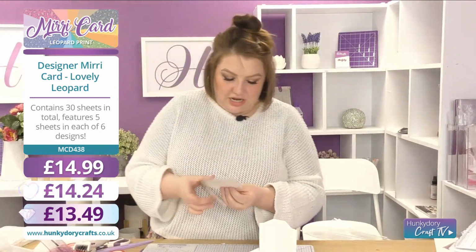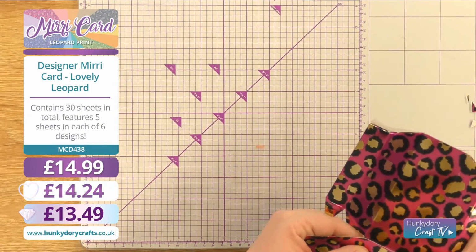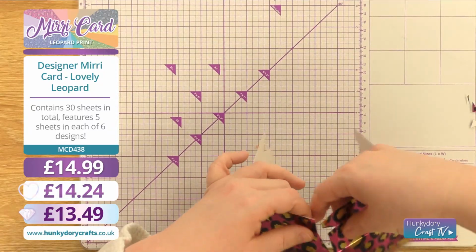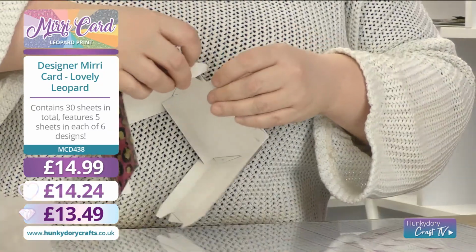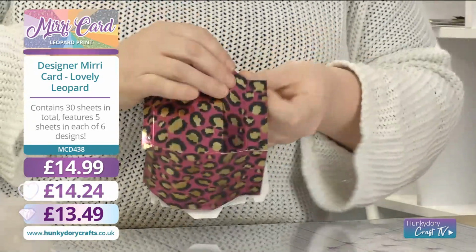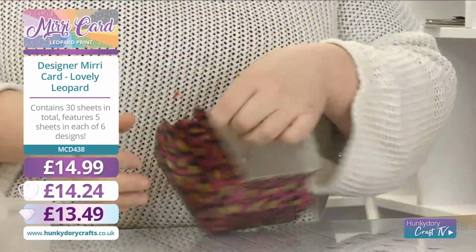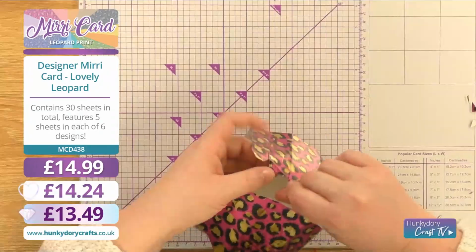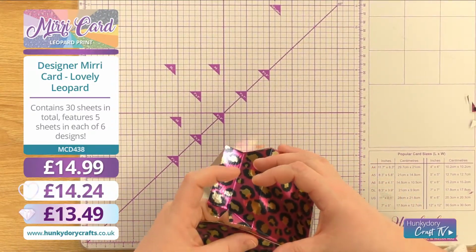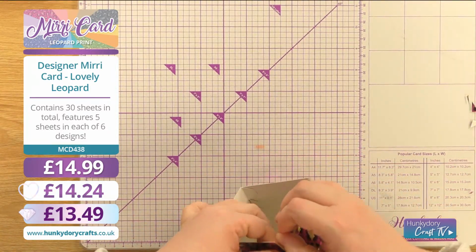And then it's just about piecing these bits together. So if you put that tab on the side first, get that nice and even, everything else should come together pretty simple for you. So it's about putting that little corner down and that one in there. You do need to put them in and then up. Like that. Just pinch them to bring them together. And then the same with this side. Tuck that corner in there, then your little tab, then your big tab,